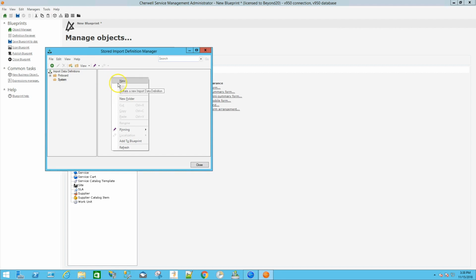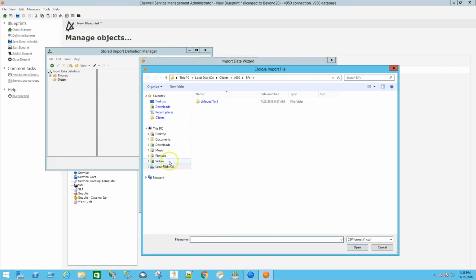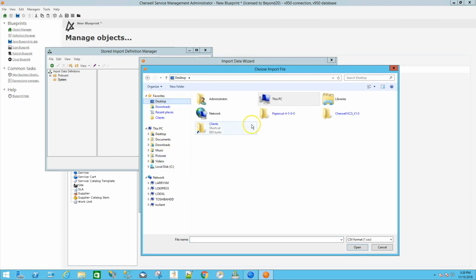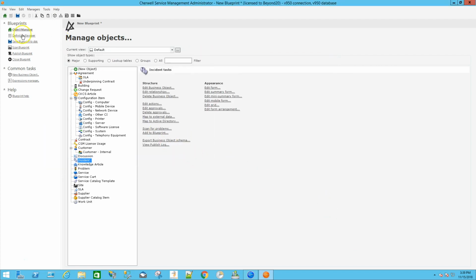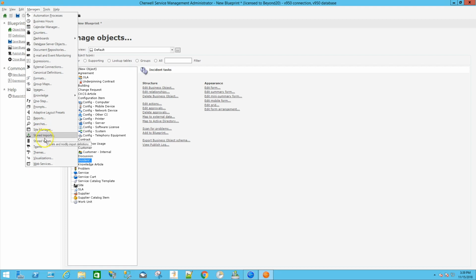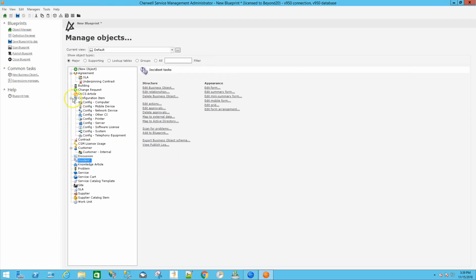So we would then grab, I'm going to create one real quickly here. Let's see if I have a file that I can use real quick. I don't. So anyhow, same as with the report, once we've created that in our stored import manager, we would be able to go to Managers, Stored Imports, right click on the stored import and add it to the blueprint. That way when we save and publish our blueprint, that stored import, that report, both of those items will be in the blueprint, so we can then publish those up to prod,